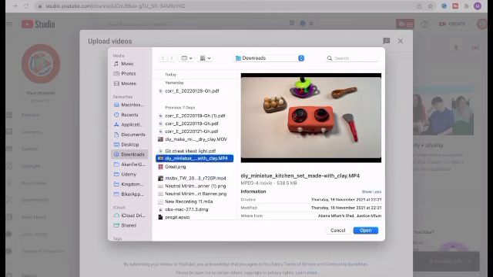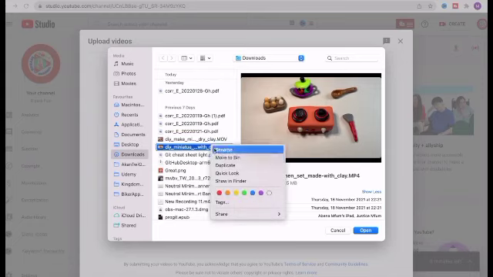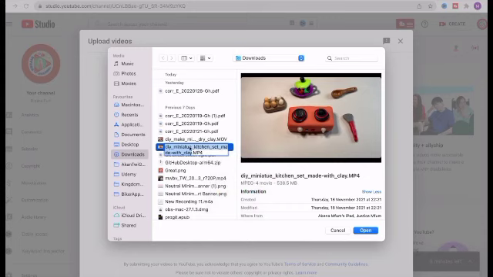Then go over again and be sure that you have no mistakes. You see there's a mistake here. Here we misspelled miniature, so we have to correct it. So rename again, then we correct it over here: miniature kitchen set made with clay. DIY miniature kitchen set made with clay. We put a hyphen here,